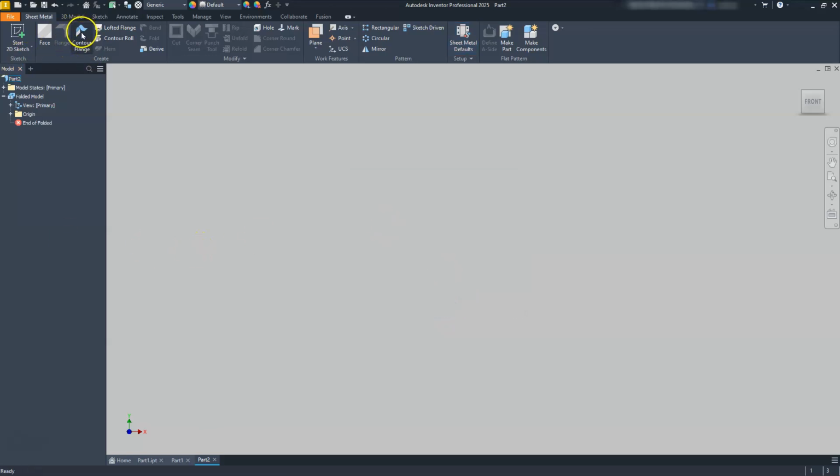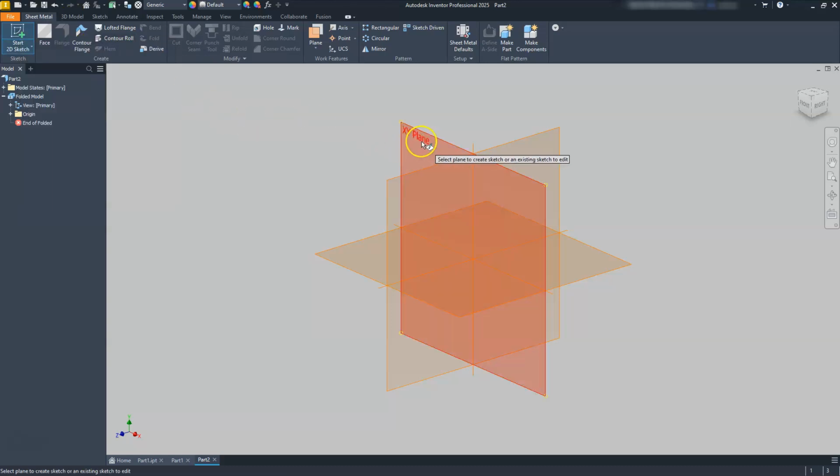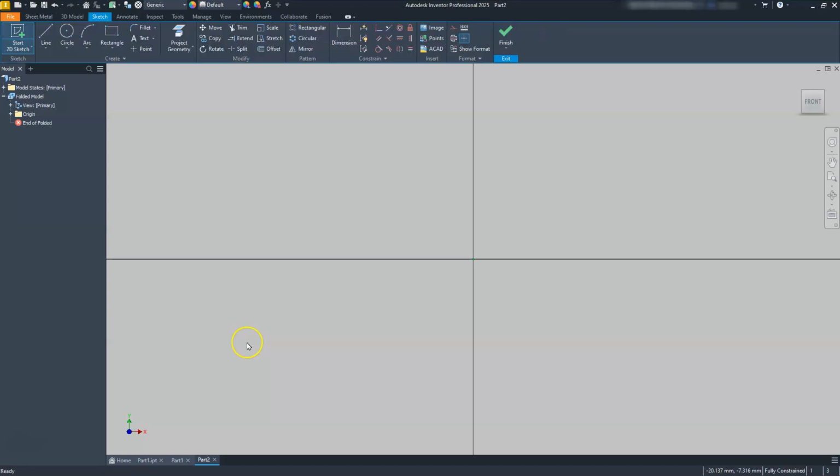Now we're going to be creating a contour flange. If I try to go right here off the bat, it's going to say, hey, you need to give me a sketch, which is typical of what Inventor is going to do. It says, hey, you need to build something before I can do that. Let's go ahead and close this, and we're going to start with just a regular sketch here, and I'm going to be creating this on the front view, right? So I'm just going to select this XY plane, should rotate around,